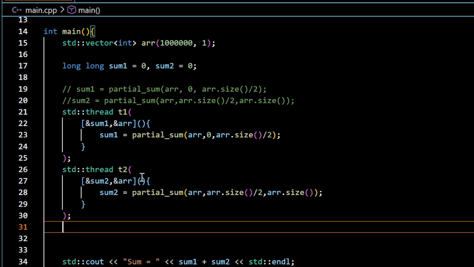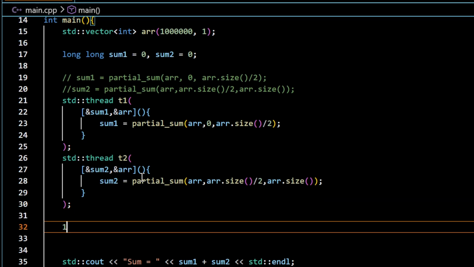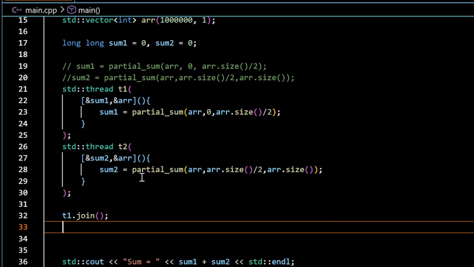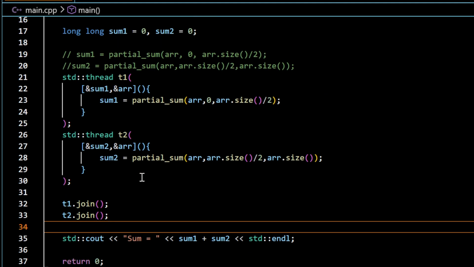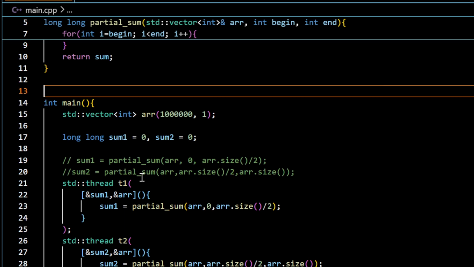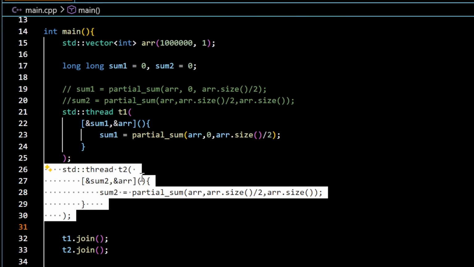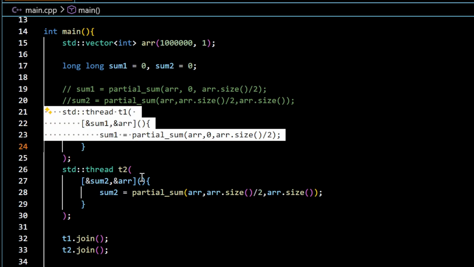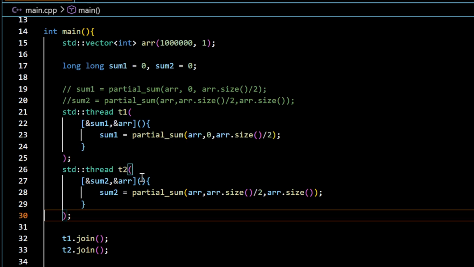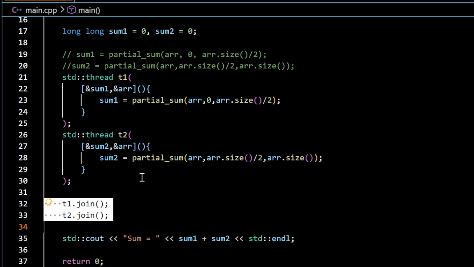So and then finally you need to join the threads back. So t1.join, t2.join. Now these are actually executing in parallel together. It's not that t2 will be running the function after t1 finishes running the function. They actually execute concurrently, and then this statement does synchronization. They wait for the two threads to complete and join back to the main thread, and then the